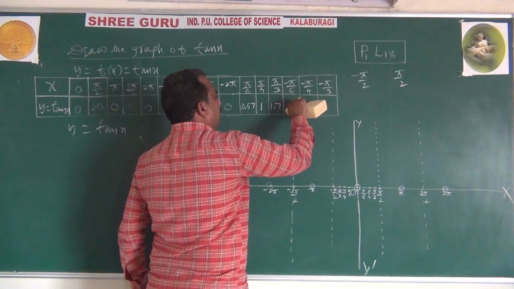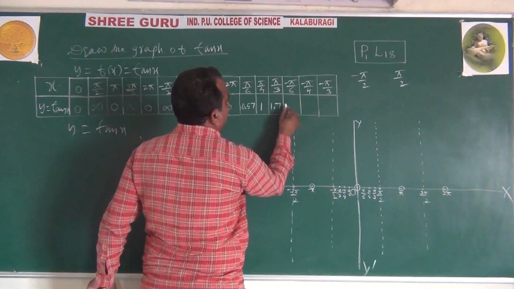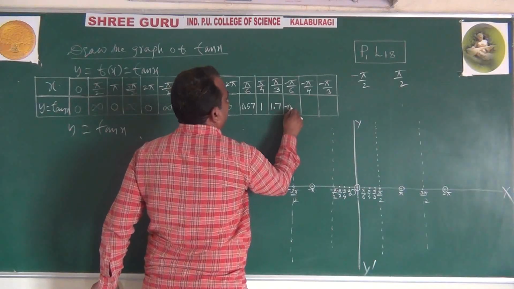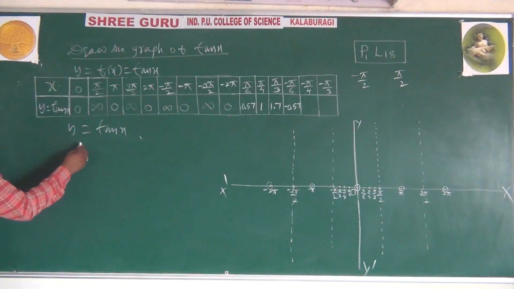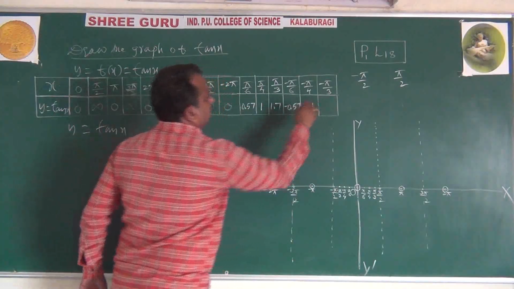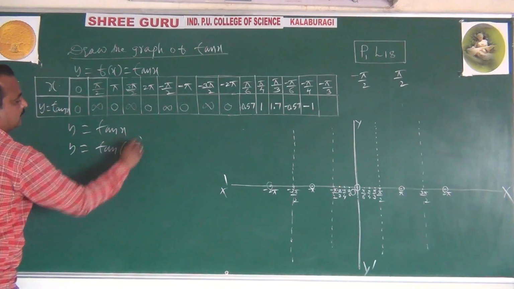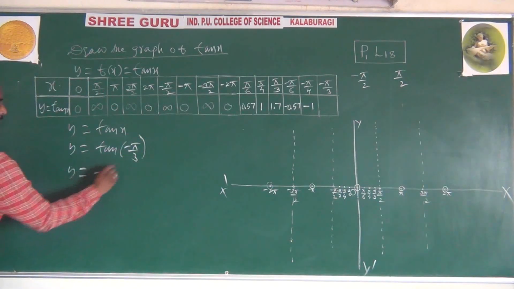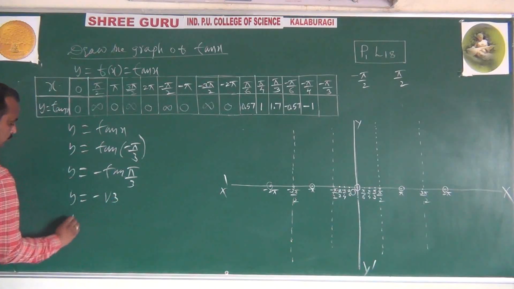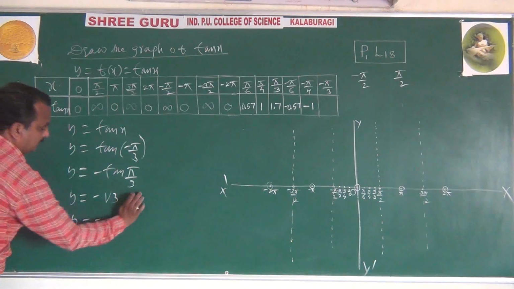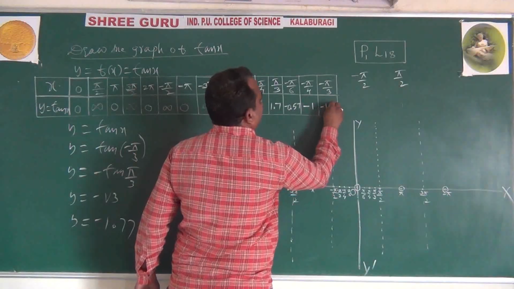Similarly, don't confuse the values, friends. Let us here take that I have selected one interval, minus infinity to infinity. This is negative of 0.57. Next, minus pi by 4, that is minus 1, there is no question, it is minus of 1. Let us see the minus tan pi by 3, 60 degree. Tan of minus theta is minus tan theta, minus of root 3 it is. Minus root 3, this is minus 1.7 it is.